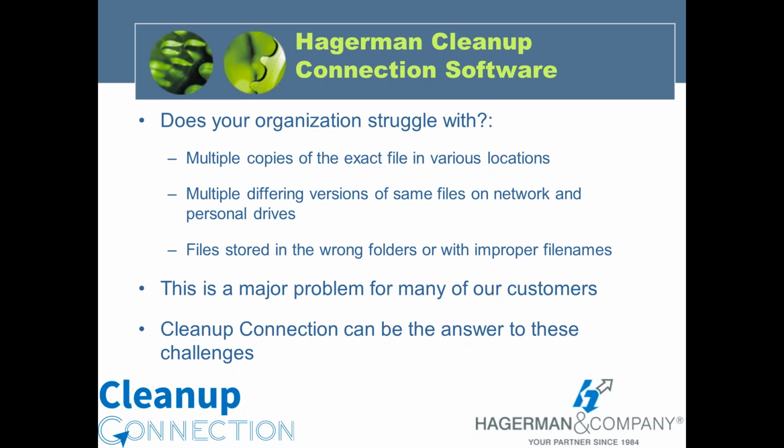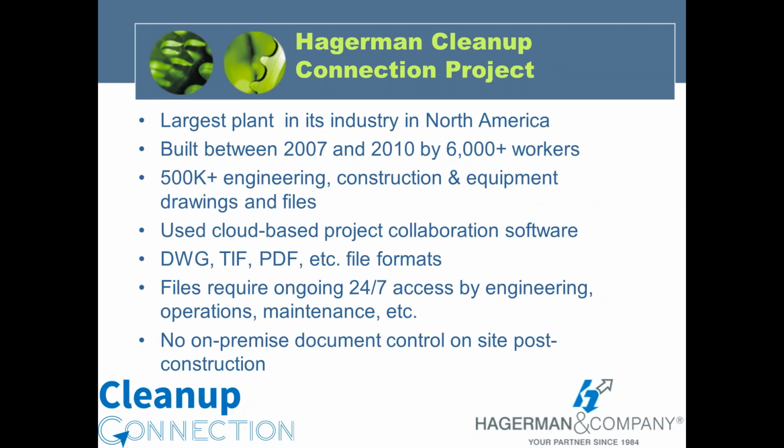This is a challenge or problem we're hearing of more and more from many of our customers, whether they're in discrete manufacturing, more plant or process, facilities, or really anyone who needs to manage and keep track of their files. And then Cleanup Connection is something we've developed in conjunction with some of our other customers to solve those problems and challenges. The first project where Cleanup Connection initially came about was we were called in to work with what is the largest plant in its industry in North America. I don't want to really divulge more than that